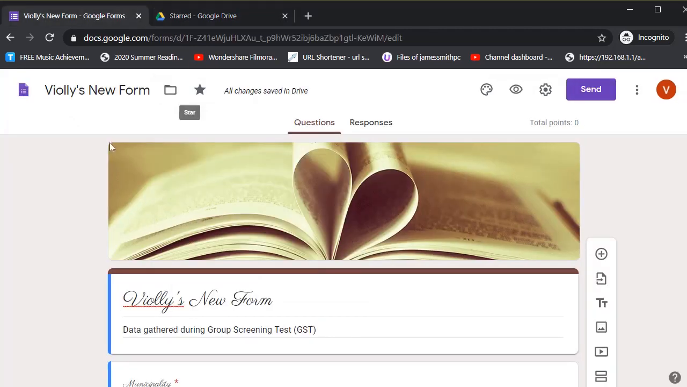Alright? So, all changes are saved in Drive directly. You don't need to press the save button because it is online. So, even if your computer is going to shut down unexpectedly, don't you worry because when you get back to your work, it'll be saved to the last changes that you made. Okay? So, next